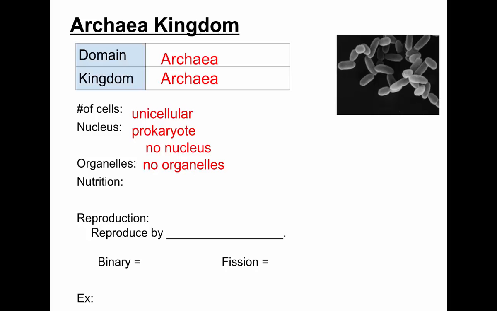What did we say about their food? What is their means of nutrition? Danielle? Most of them are autotrophs. Yes, they're autotrophs, but they're different than what we usually think of as autotrophs. The autotrophs we're more familiar with get food by doing what? Photosynthesis. Archaea often utilize something else, something called chemosynthesis.